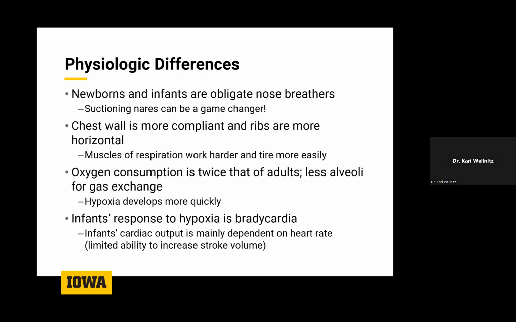Lastly, the oxygen consumption rate in kids is about twice that of adults. There's also less alveoli for gas exchange, as your lungs continue to develop into your 20s. As a result, hypoxia develops more quickly. And a big key take home point that I think is critical to remember is that infants' response to